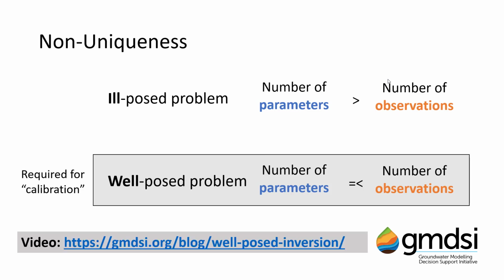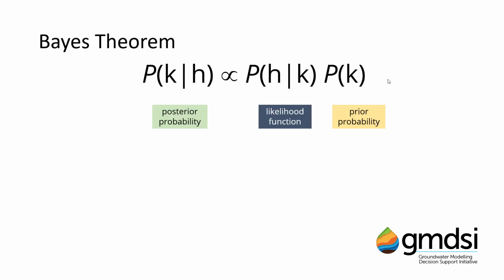Now, before we discuss this trickery, it may be useful first to define calibration and where it fits in relation to history matching. Bayes' theorem provides a formal expression of the concept of history matching in which we can embrace the non-uniqueness of a groundwater model. Now, don't be scared by this formula. The idea it expresses is quite simple, but quite elegant. Bayes' theorem describes the probability of an event occurring based on a previous event having occurred. In simple terms, it states that an initial belief plus new evidence leads to a new and improved belief.